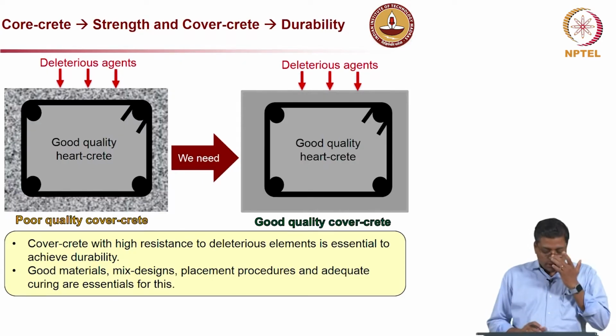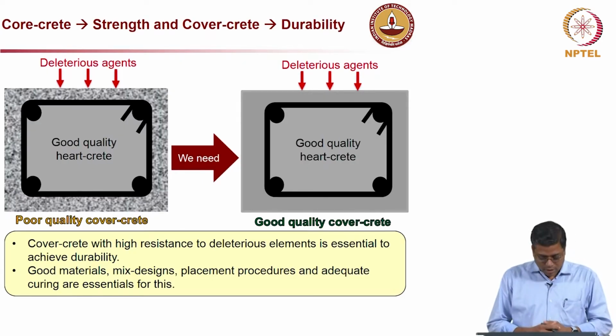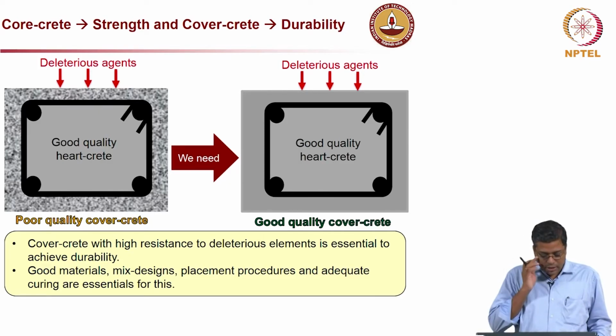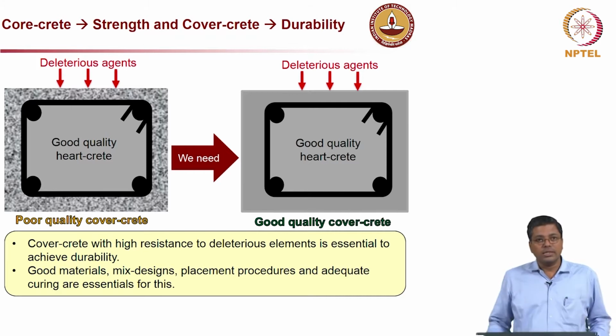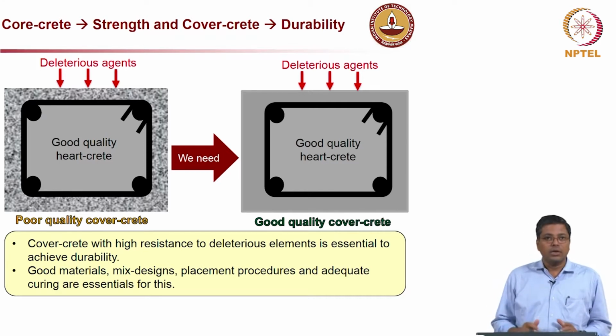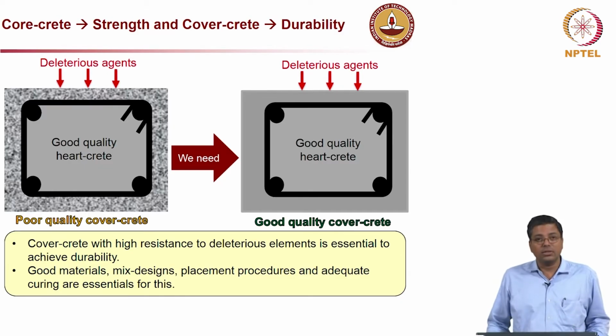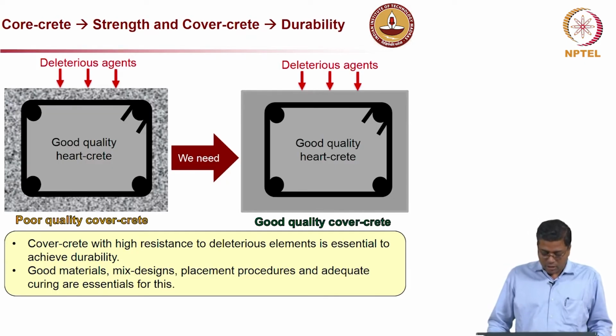On the left side, you see a picture which indicates how a typical reinforced concrete system will look. Over there you can see steel reinforcement, which is the black solid line, the concrete inside that we can call hardcrete, and the concrete outside the steel reinforcement we are going to call covercrete. Now, corecrete or the hardcrete influences a lot on the strength of the reinforced concrete system, whereas the covercrete influences a lot on the durability of the concrete system.